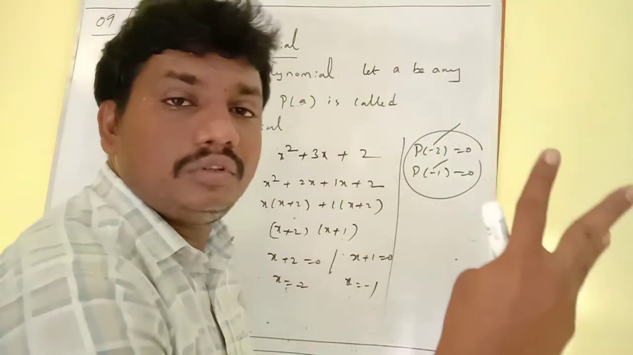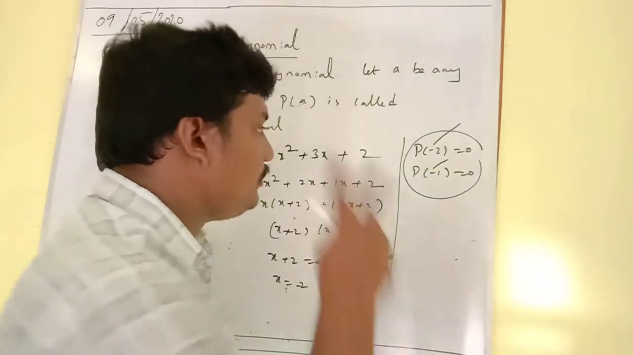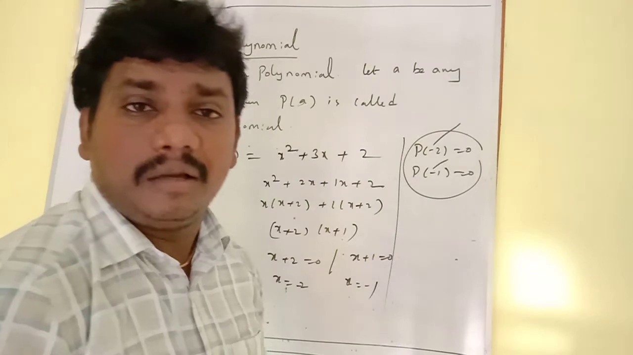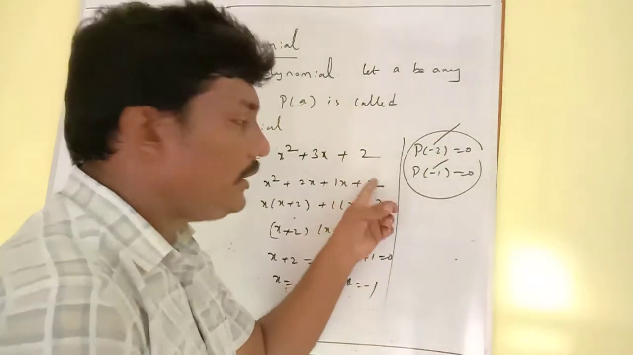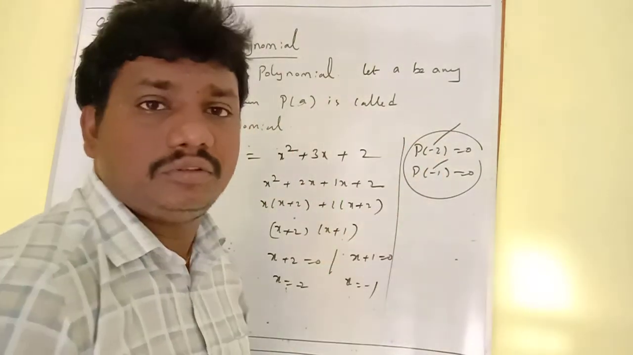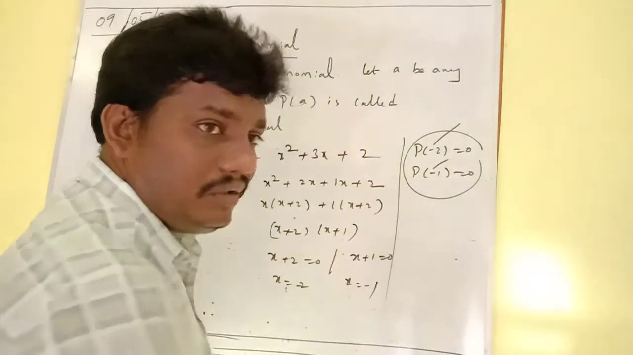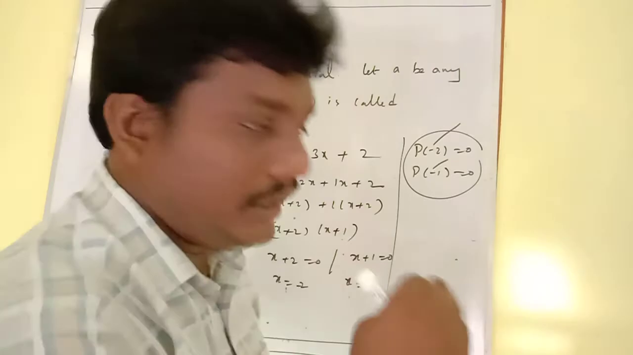Maximum 3 zeros for a cubic polynomial. Maximum 2 zeros for a quadratic polynomial. Maximum 1 zero for a linear polynomial. So that means the number of zeros depends on its degree. Now,